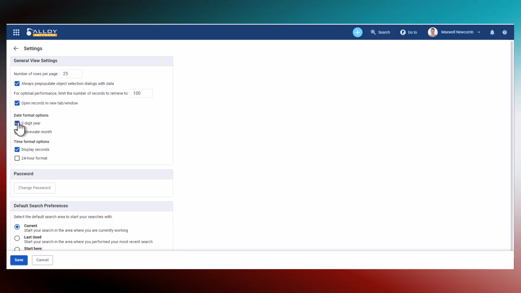To maintain optimal performance, you can set limits on the number of records displayed. Additionally, you can specify how you want records to open when clicked, whether in a new window, tab, or within the current view. Finally, the Settings page allows you to choose your preferred date and time format.